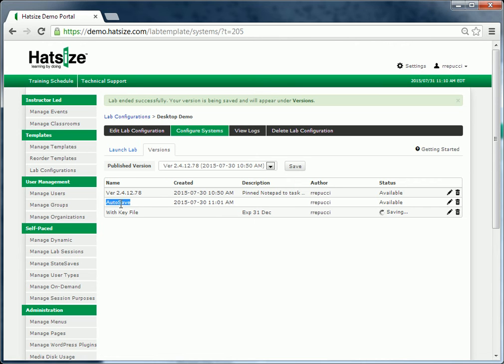Making sure that everything's fine. If you know you don't need it, you can go ahead and click the trash can and delete it. So we do that to help protect you if you've done all that extra work. And the last thing at the top here is the published version, where once you've saved off these versions,